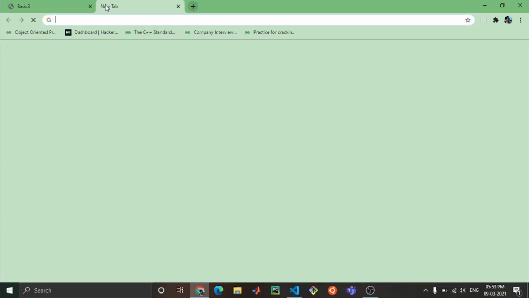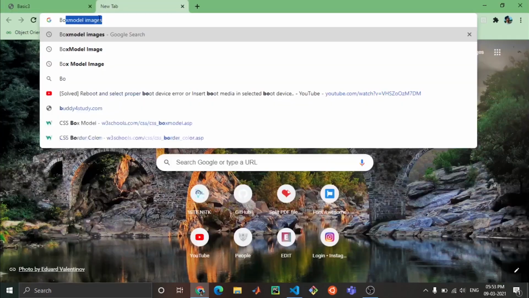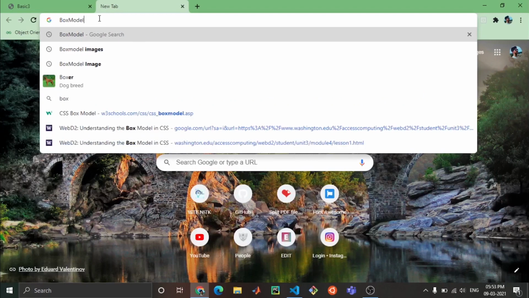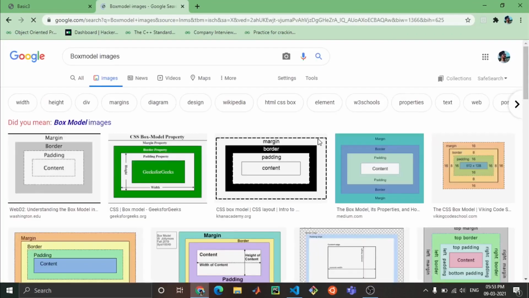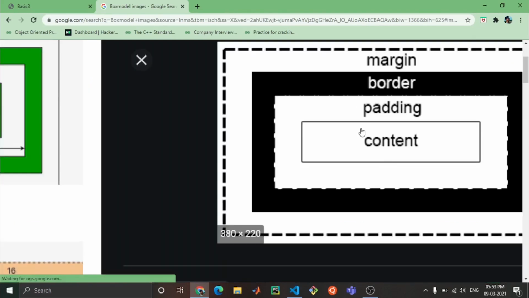I just go to browser and search for box model images so that you can get it understood very well. Okay, this is the good image. Fine. So here you can see there is content, like whatever content we are providing for our web page, that is here. After that, padding will be there, or we can say in between content and border, the inside gap is there.